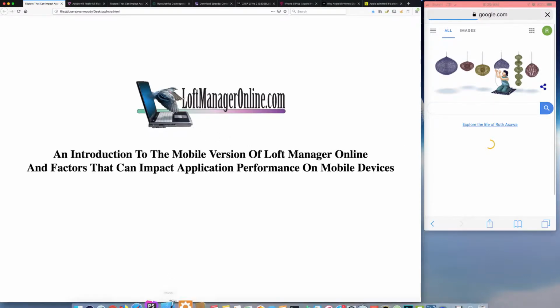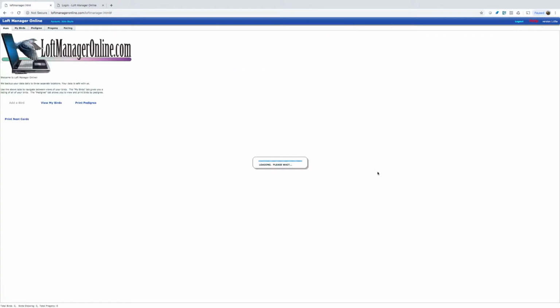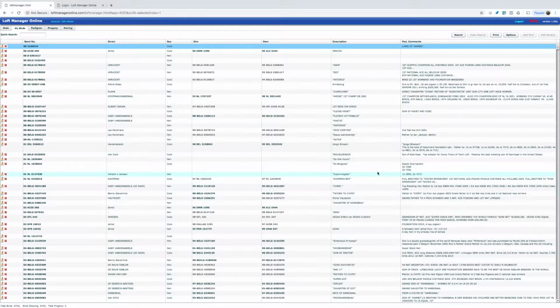The Flash-based version of Loft Manager Online, which I'm going to bring up on the screen now, actually takes a lot longer to load, and that's because it has to download all of your data, assets, and initialize various components upon login. Providing that you don't have an extensive number of birds, the application will actually perform much faster thereafter in comparison to a modern-day web-based application. And that's because it doesn't have to make subsequent requests out to the web server to refetch and process your data. So for example, I'm currently logged into John Boyle's account, and as you can see, he has